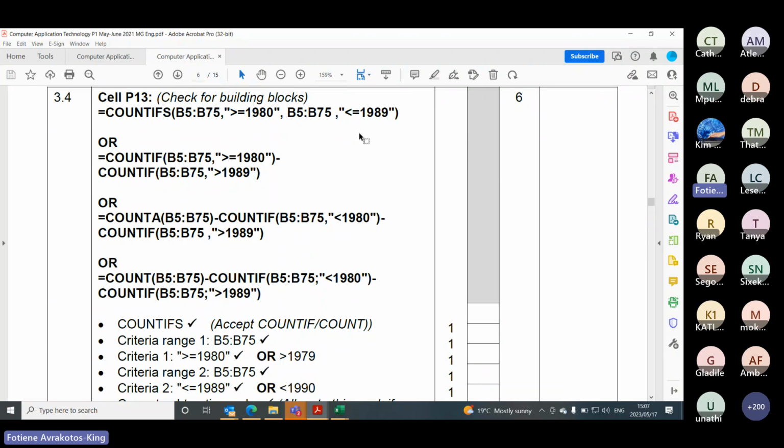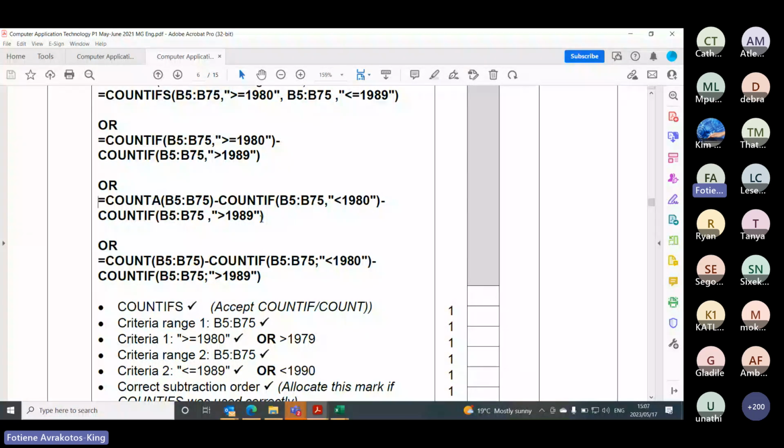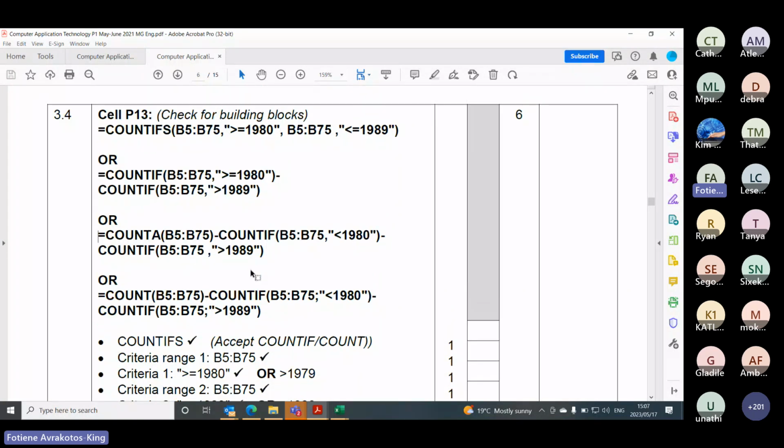The COUNTIF counts everything greater than 1980, and then subtracts the ones that are smaller than 1989. There's also a COUNTA that counts everything and then subtracts the two, either way, basically. All right, but the easiest one would be,